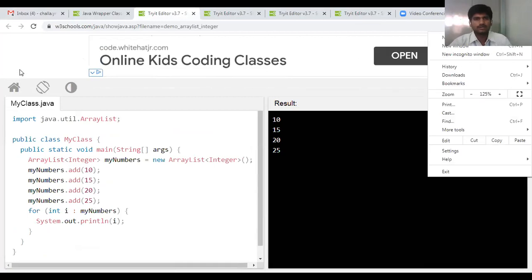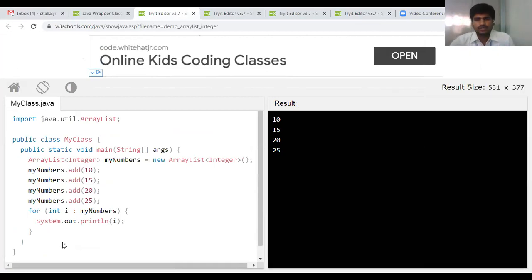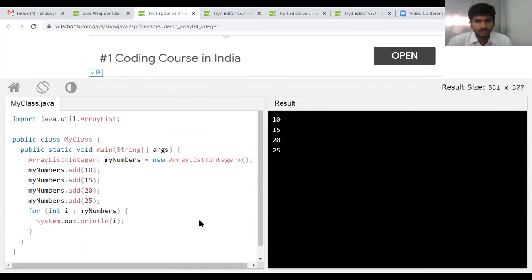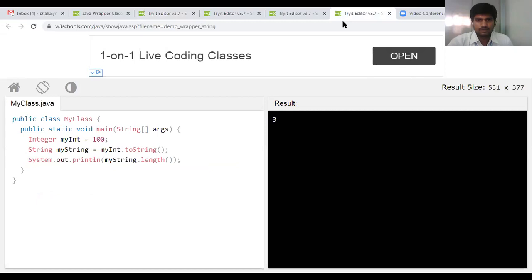So these are known as wrapper classes. I will show you the definition.